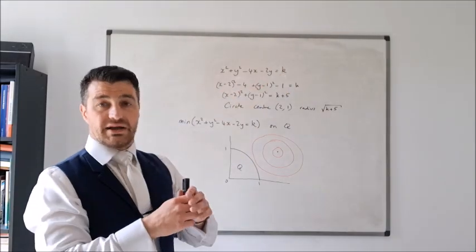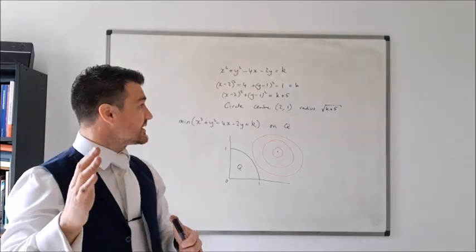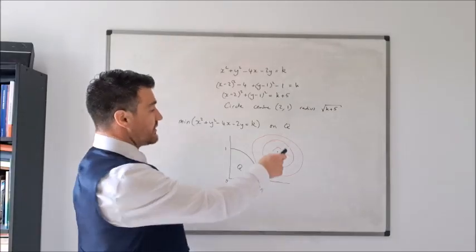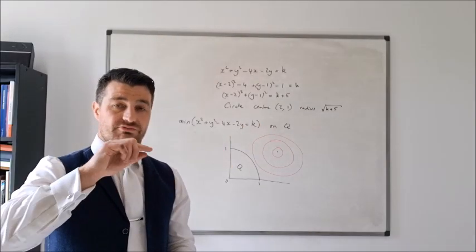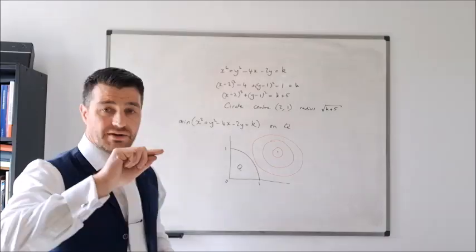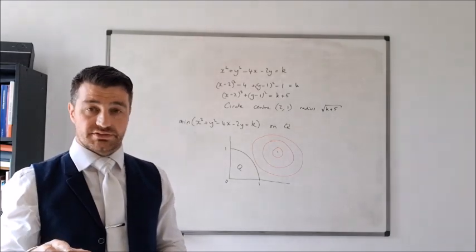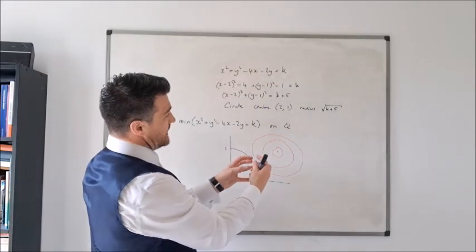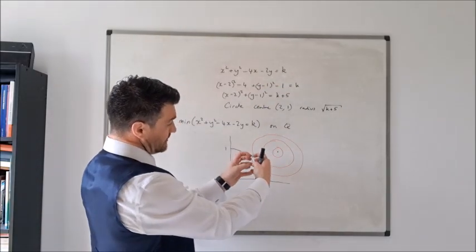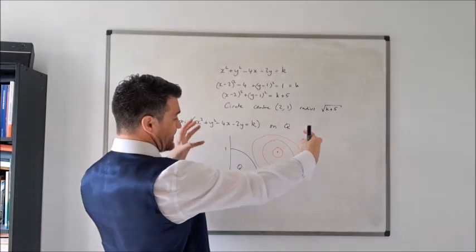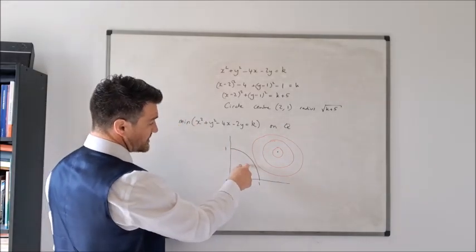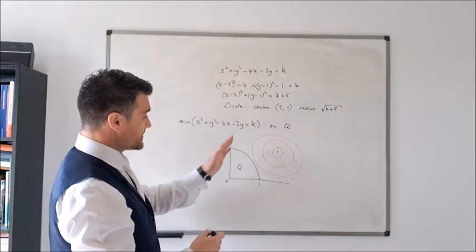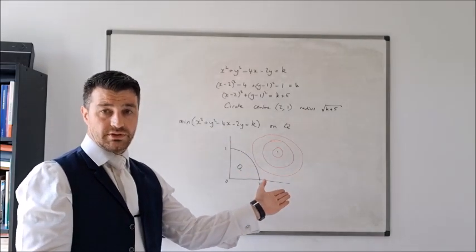Whereas I can set this value of k, say k equals 2, and that will correspond to a whole set of points. K equals 3 will correspond to another set of points. So now, rather than thinking about points as scattered all over the place, I'm thinking about points as being in these concentric circles. As k increases, these circles are going to get bigger and bigger, and eventually I'm going to get a circle that's going to just touch the region Q. And for any greater value of k, the circle is going to actually cut through Q.